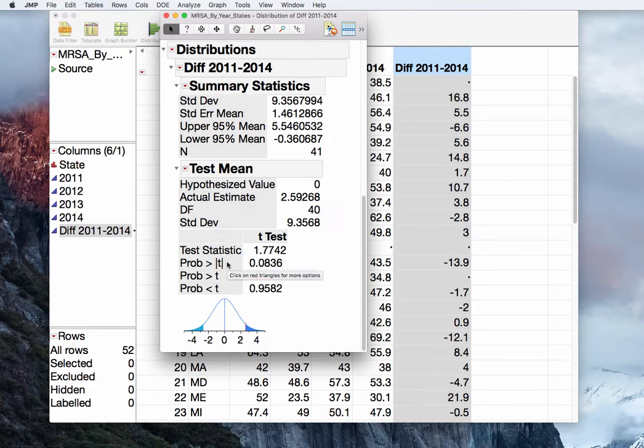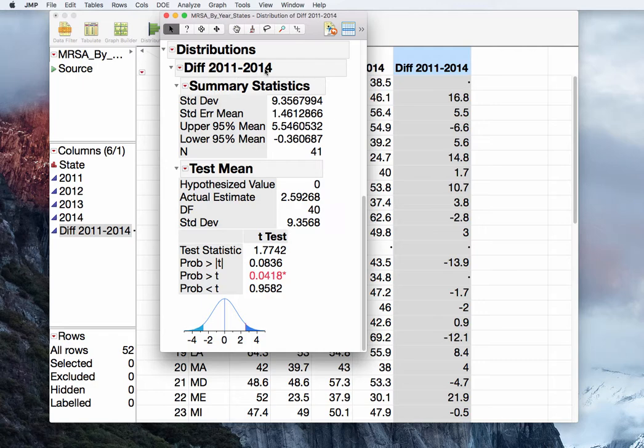This is the equal to, not equal to set of hypotheses. This is the less than or equal to null hypothesis with the greater than alternative hypothesis. This is the greater than or equal to null hypothesis with the less than alternative hypothesis. Our question is